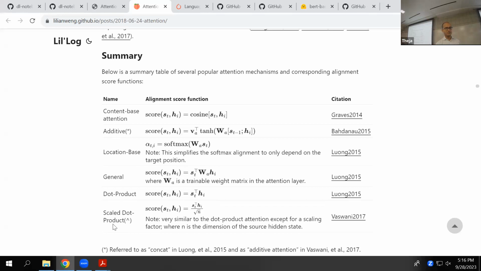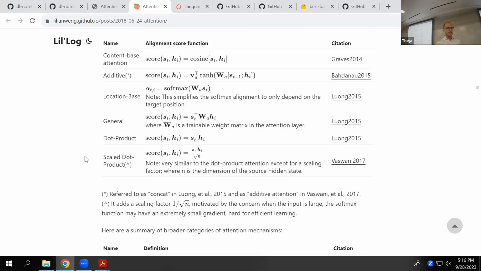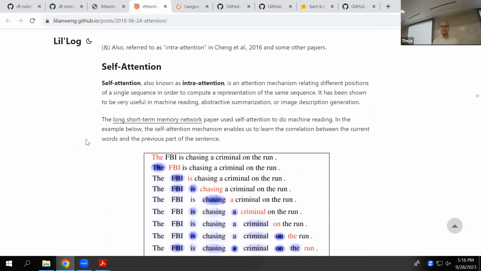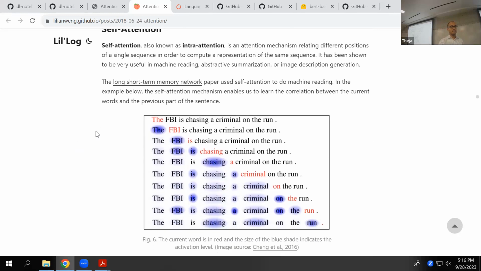So there are some names that these different papers proposed for those types of compositions. But the simplest one kind of works. You start with something like an inner product, and then, if you want to graduate to other ones, you can. So this summary also talks about, right after, as we saw early, right before the break,